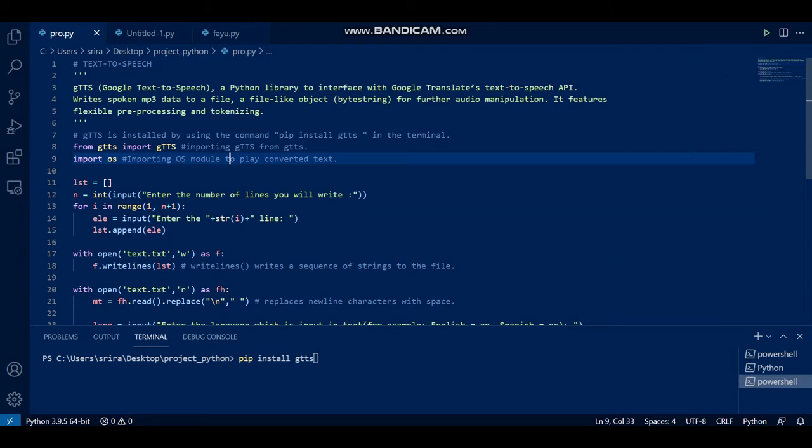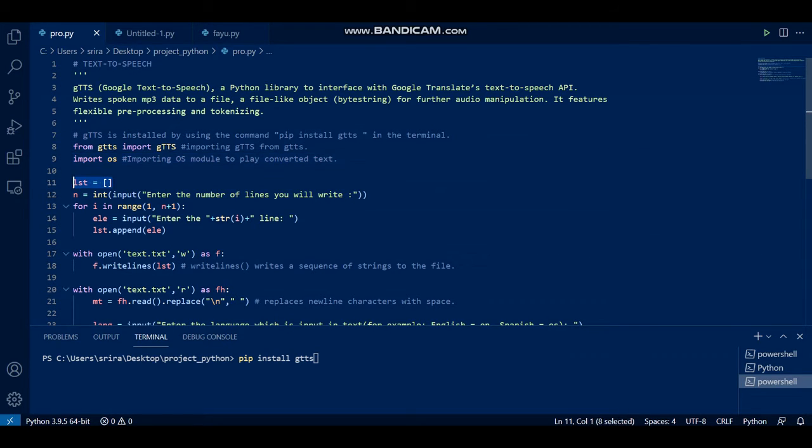Basically, the text to speech takes input obviously from the keyboard, and then I use a file to dump all the text that is written into this empty list, and then I use a function, and then it just plays it in an mp3 file.